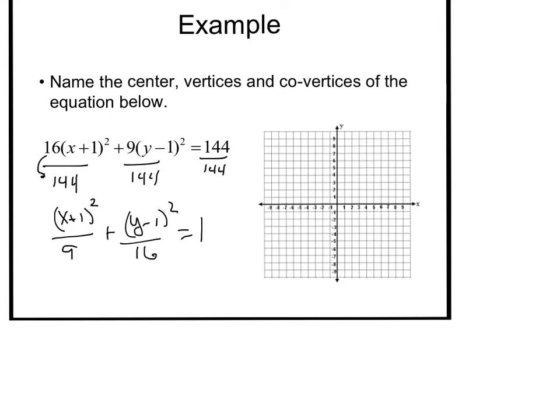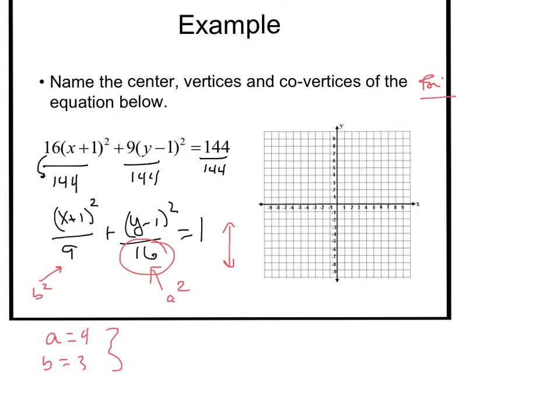So is this a vertical or horizontal major axis? It is vertical because the larger number is underneath the y, so I know this is going to be longer up and down. So I also know that this is a squared and this is b squared. It doesn't say foci, but we're going to go ahead and get those also. So I know 16, let me clear this out. So I know a is equal to the square root of 16, which is 4, b is equal to 3,